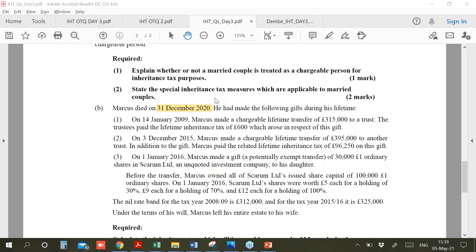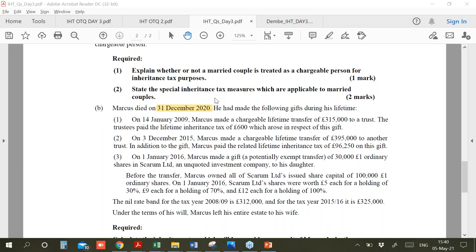You're absolutely right, guys, Rubina Suban. It is the donor. When the donor pays the tax, it will be added into the cost of the asset. When trustees pay the tax, it does not get added. However, in both circumstances, you're allowed to deduct that as lifetime tax already paid while calculating the death tax on lifetime gifts at death. Okay.